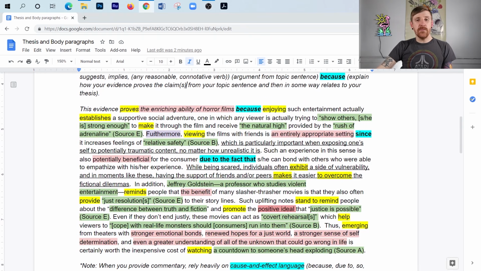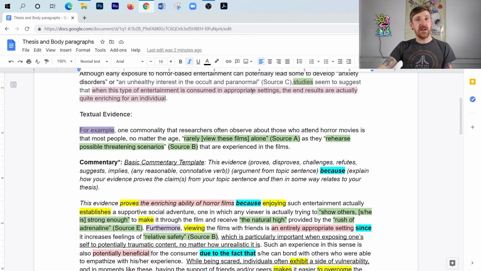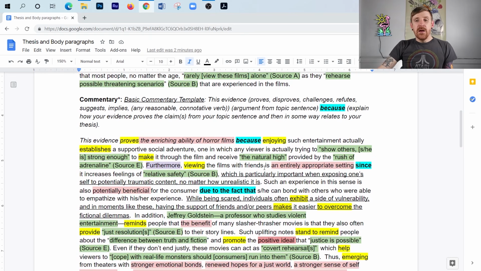I say, furthermore, viewing these films with friends is an entirely appropriate setting. So I go back to that similar idea by pulling that same language down, since it increases feelings of relative safety, which is particularly important when exposing oneself to potentially traumatic content, no matter how unrealistic it is. Now, notice that I put the word since right here. I could put the word because there, and this would still make sense.